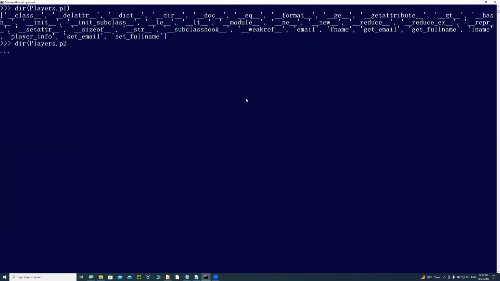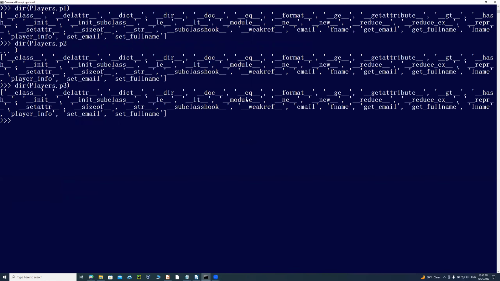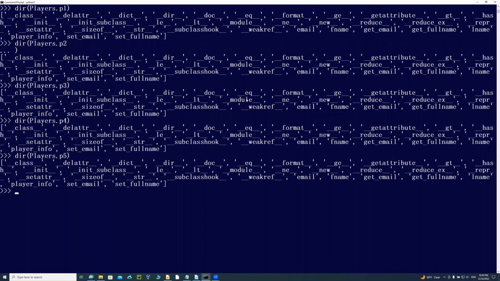Similarly, that one is for P2, and that one is for P3. Each one of these instances has the same methods associated with it. P4 is similar, and similarly for P5. If I go on until P6, notice when I do P6,